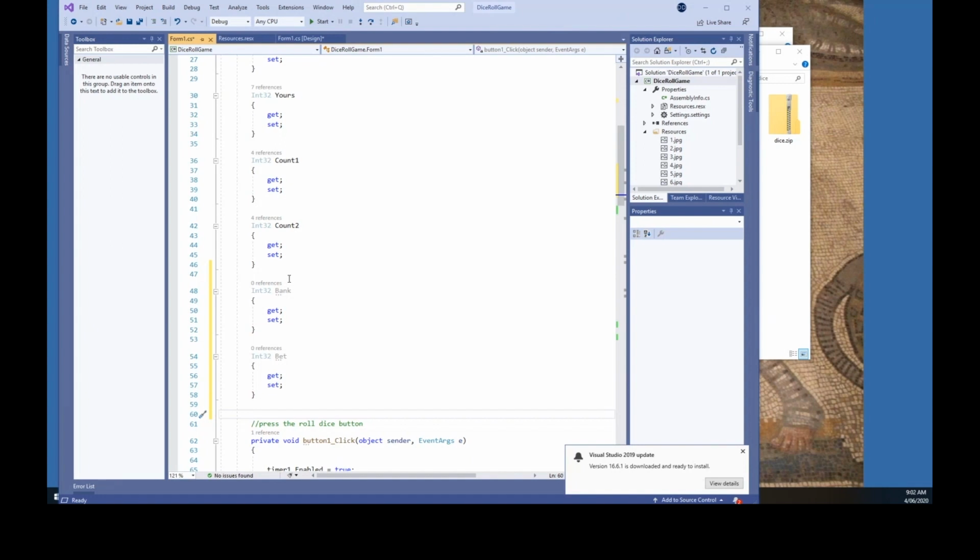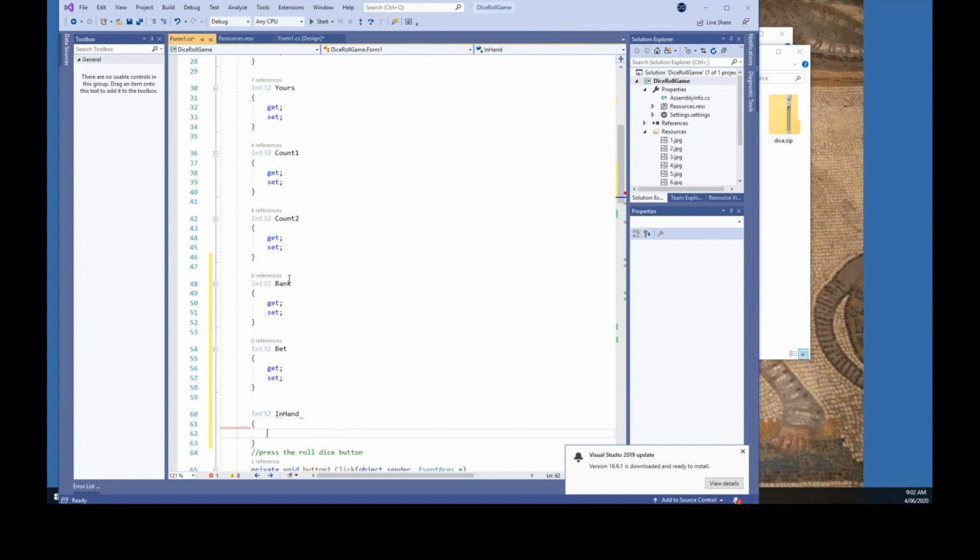Your... I don't want to lose all the time. So I'll just call it in hand amount. Well, it could be on hand, amount on hand, makes sense. And again,